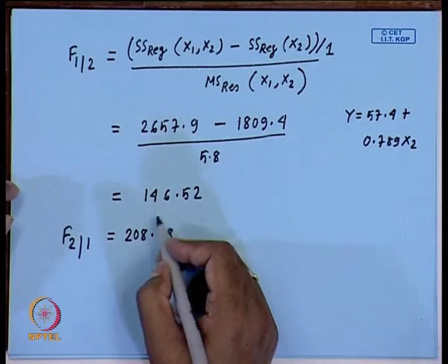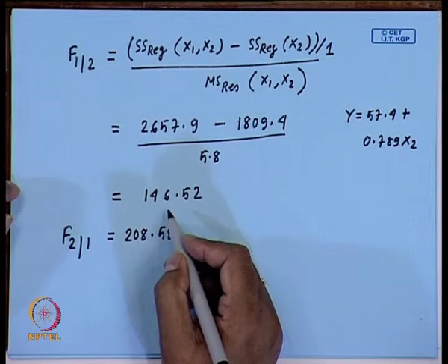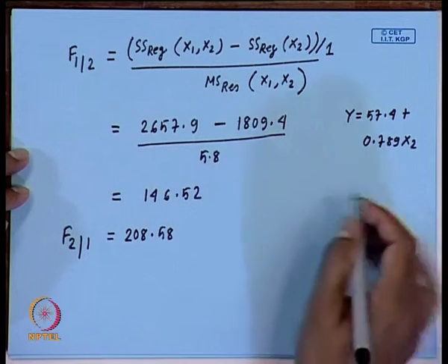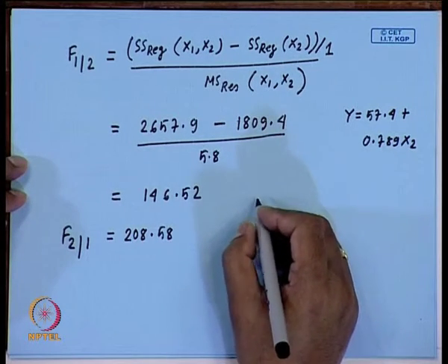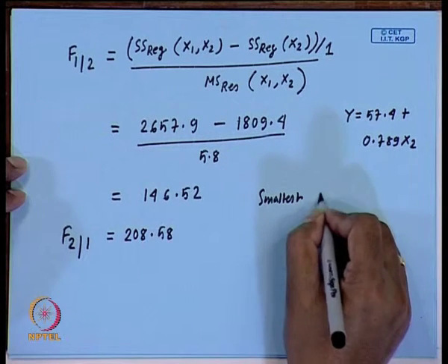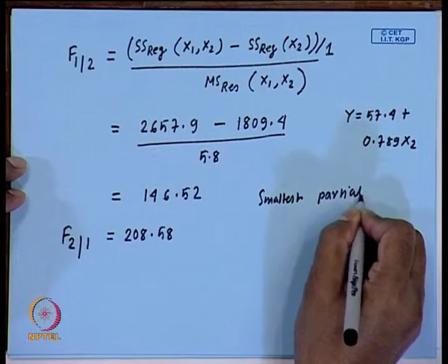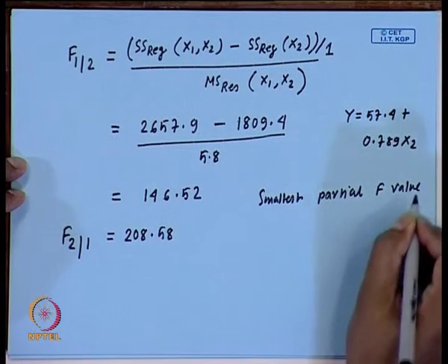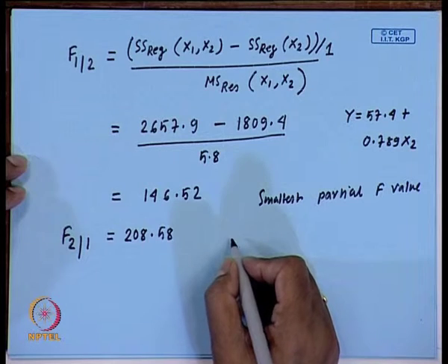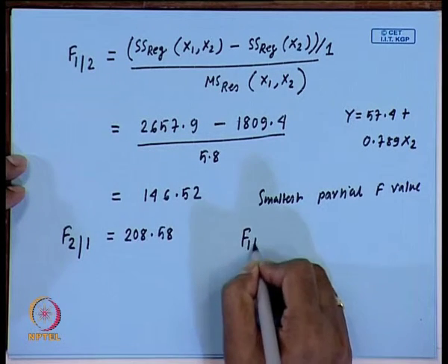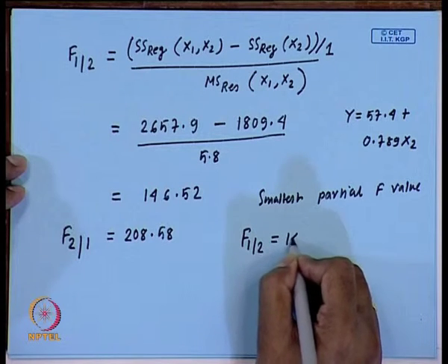Now, these partial F values are large. So, still we will check the smallest partial F value. Which one is smallest? F12, which is equal to